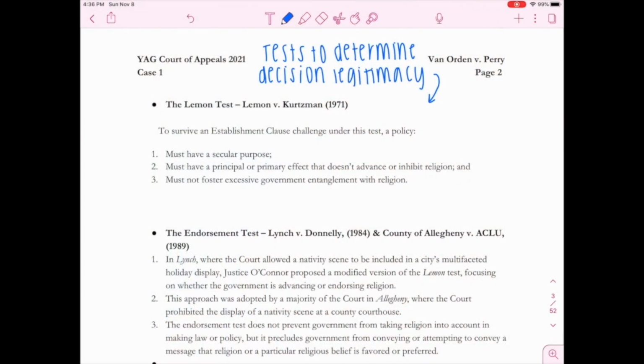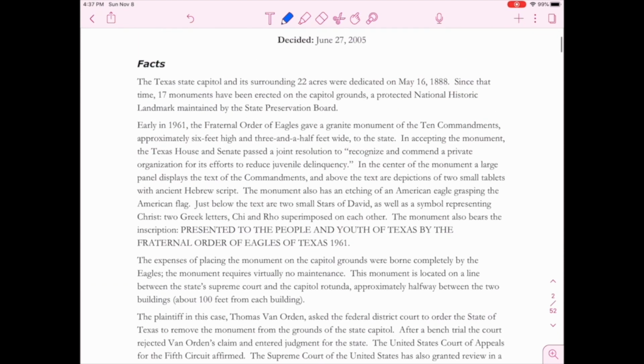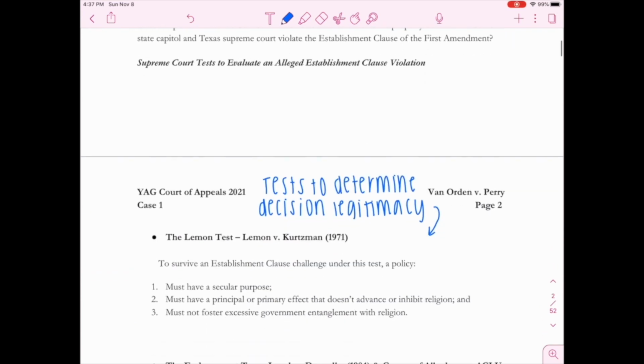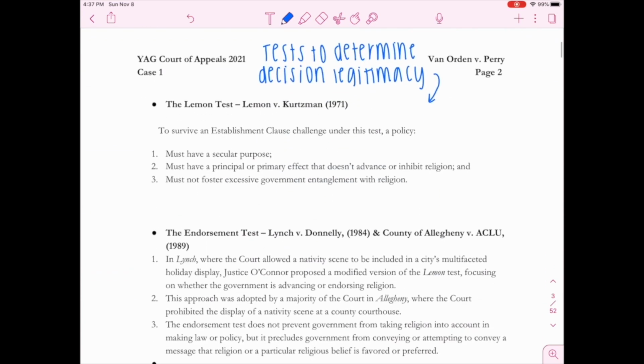All right, guys, so here we're looking at our first case in Court of Appeals, which is Van Orden versus Perry. And so within this, we're going to be looking at where exactly the case law is and how we're able to use it. So first through our case, we're looking at the section which is right underneath the description of the issue here. So beneath the statement of facts, that's not where you're going to find your case law. And beneath the issue, we're looking at these various tests that are provided. So this is the test section that is used to determine the decision legitimacy. So looking at the decision that was previously made regarding this case, we can reference these to see if in fact the decision should stand